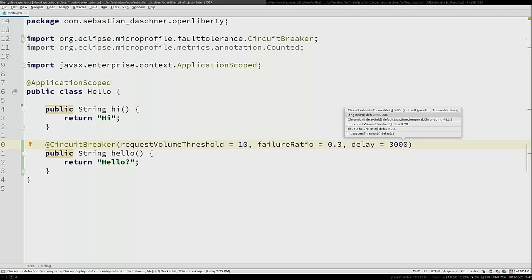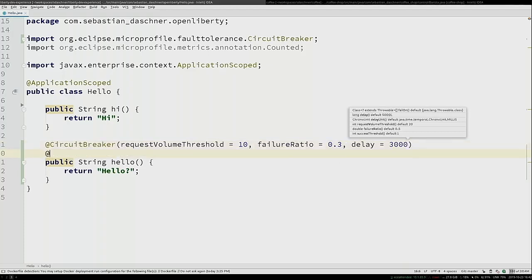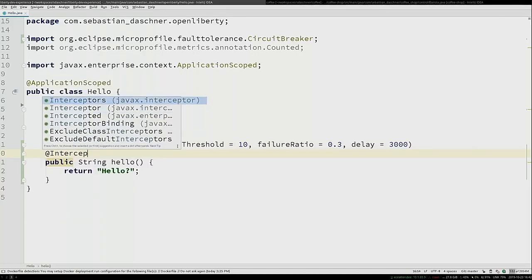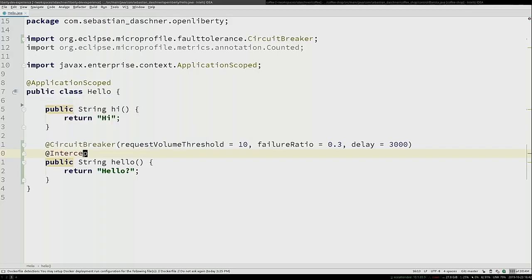Again, you could do the very same thing by using interceptors, right? The Interceptor API in Java EE, you can have something like that, and then point to an interceptor where you can do the same thing. You can use around invoke for a method and then check, oh, do I have an exception, and increase a counter or not, and just code that yourself. You probably did that, right? But it's just more code than annotating it like that. So